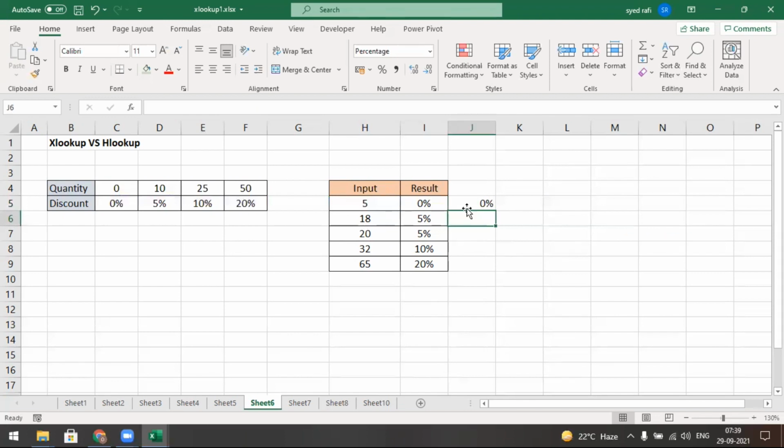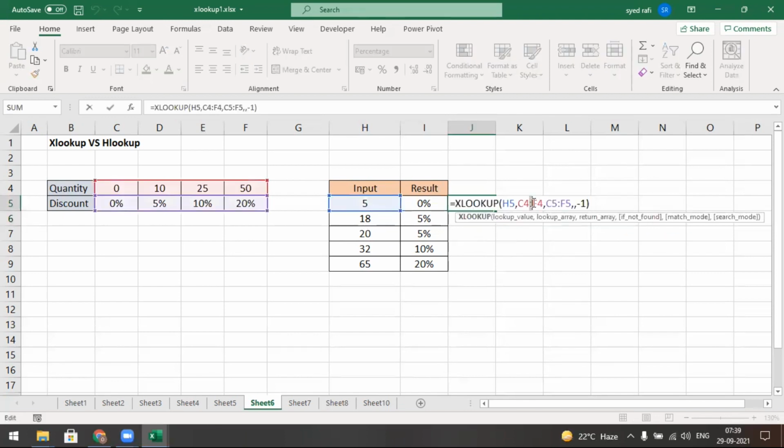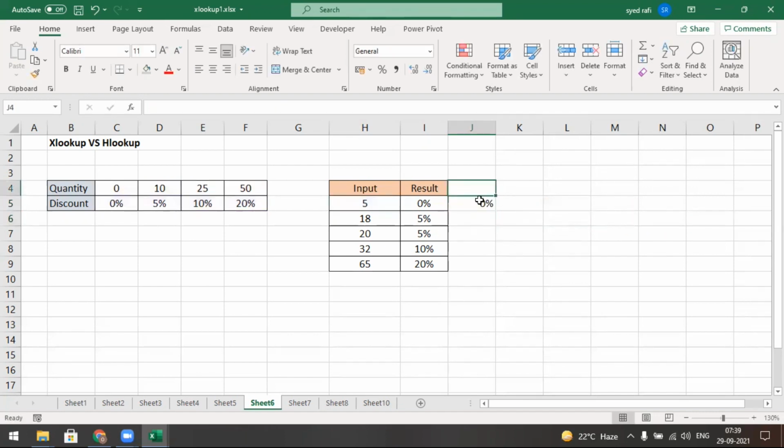I get this one. Also, you must put a $ sign for this one, and also this one. So you may drag this one. Automatically you get, if I get 25%, now I get this 10%. 25 input will belong to 10%. That's what we get. So without using HLOOKUP, we may also get this one.